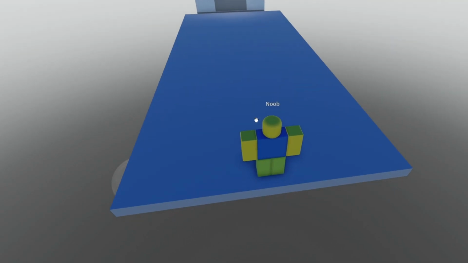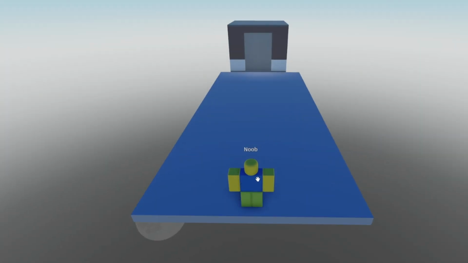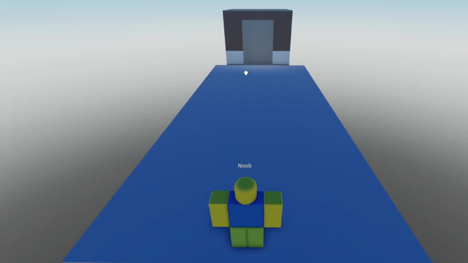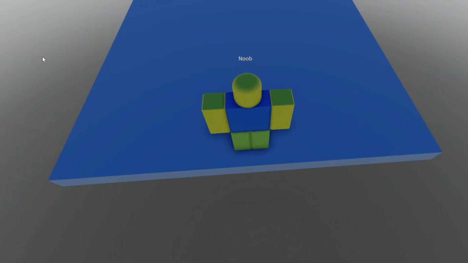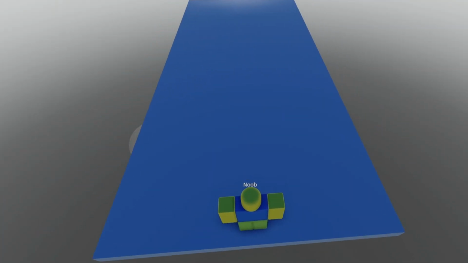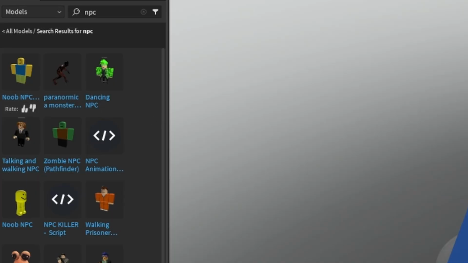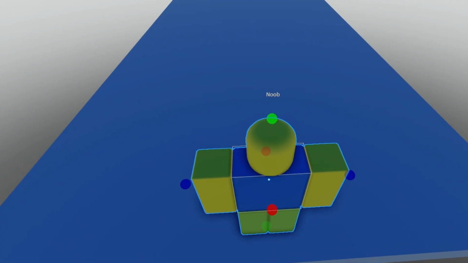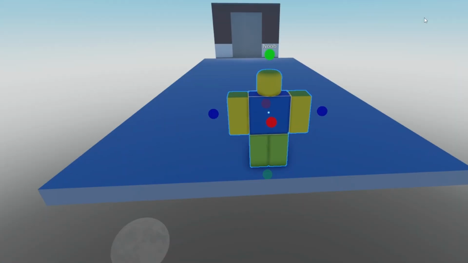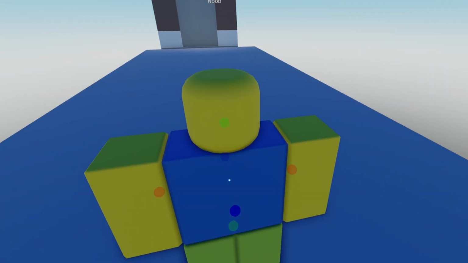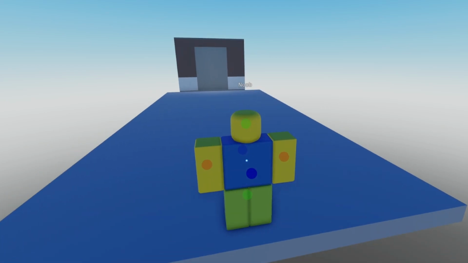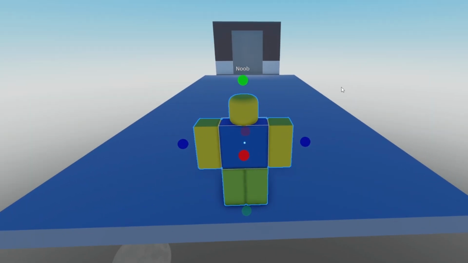So I had some people asking how to make an NPC walk into the elevator and stay inside of it. My NPC is just a noob NPC that I got from the toolbox. So I've put it inside of my platform floor and make sure that it's not anchored. When you get free model characters, people sometimes anchor the humanoid root part, so make sure that's not anchored. But once you've done that,